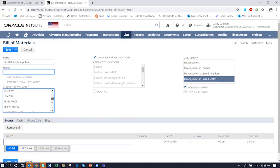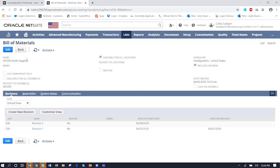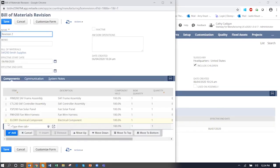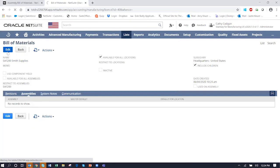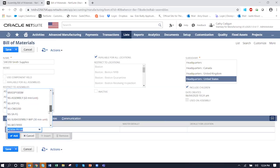It should default to the appropriate assembly, which is my SAF 200. I'm going to leave it available for all locations and associate it with the subsidiary. What's going to happen here is it's going to insert a revision, my Smith Supplies, and I can then edit the specific bill of materials associated with that. Now, I may want to just have one revision for this version. And then I want to make sure it's appropriately assigned to a subassembly. So let's choose our SAF 200 to make sure this new Smith Supplies version shows up on